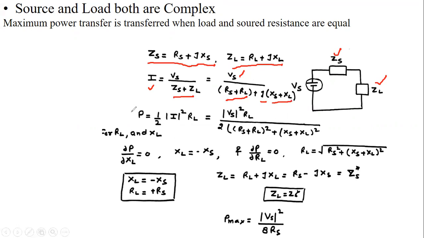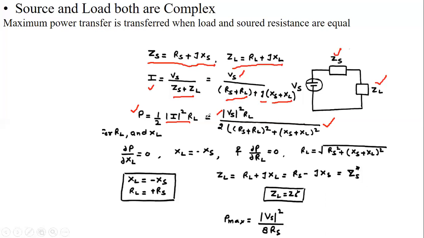And the value of maximum power is P equal to half I square into RL. That is the maximum power. Okay, so put the value of current in this equation, because in the case of maximum power, voltage and current are in the same phase and power flows across the resistance, so that is half I square RL.